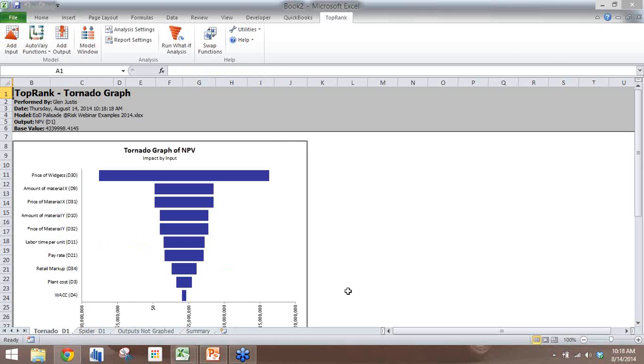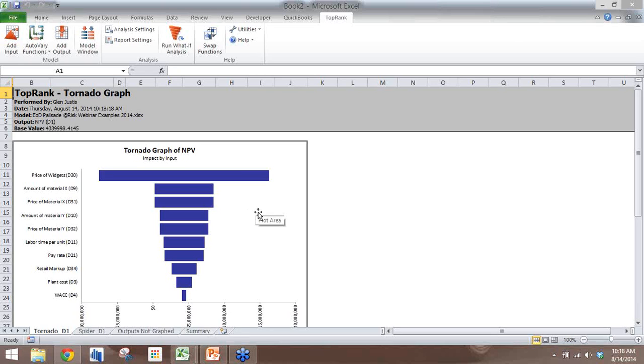And what we get is this nice tornado graph of the net present value. And so the biggest single driver of the results of the deterministic model are the price of the widgets. We then have amount of material X, the price of material X, the amount of material Y, and the price of material Y, labor time per unit, pay rate, retail market plant cost, and so forth. So those are the key inputs for the model